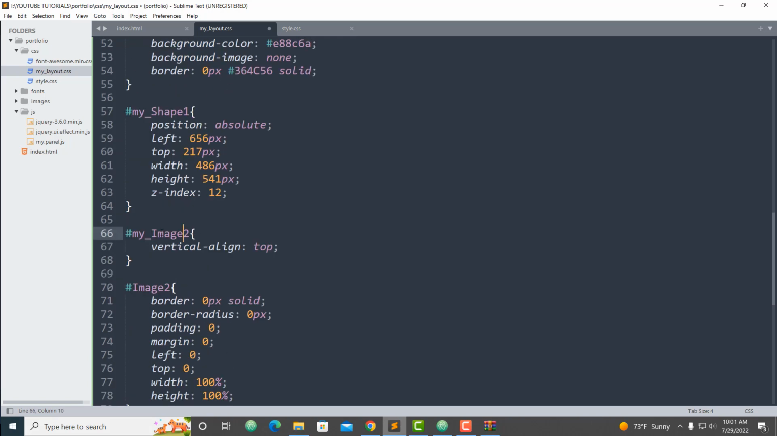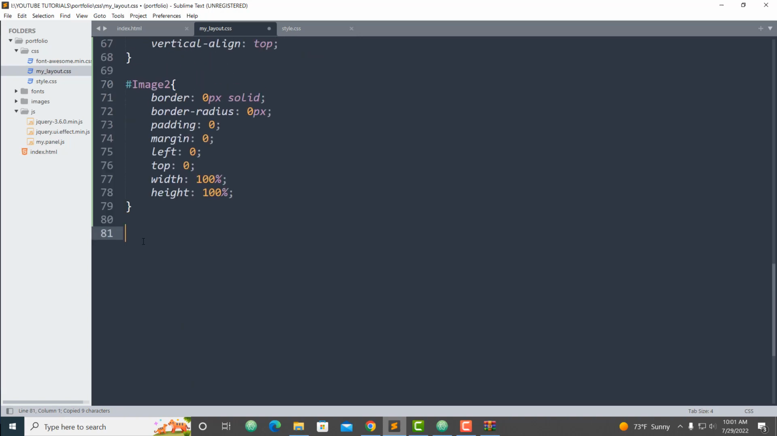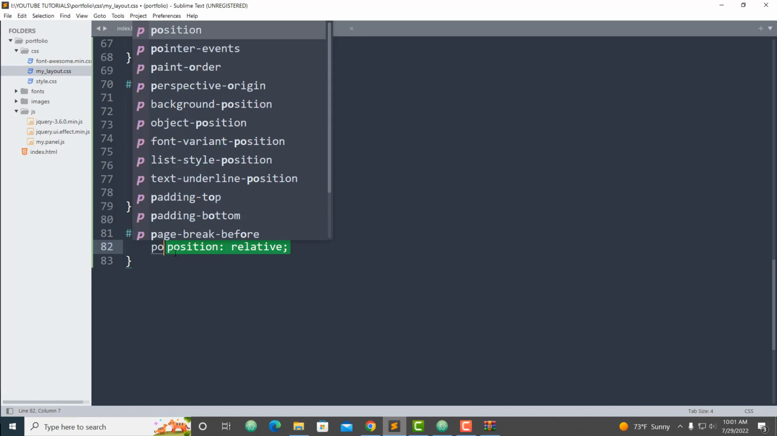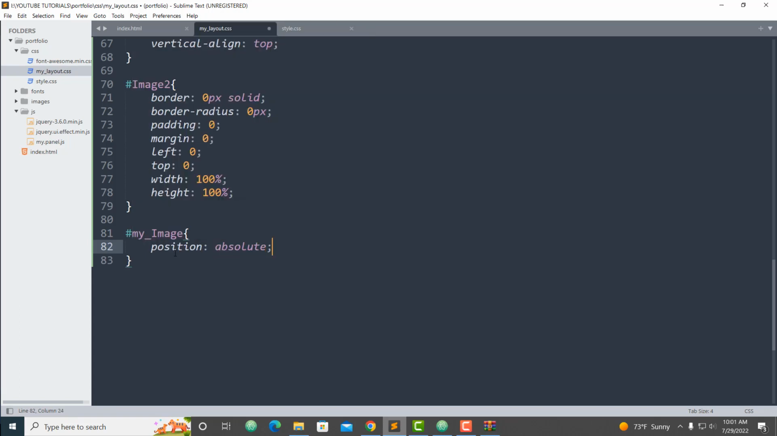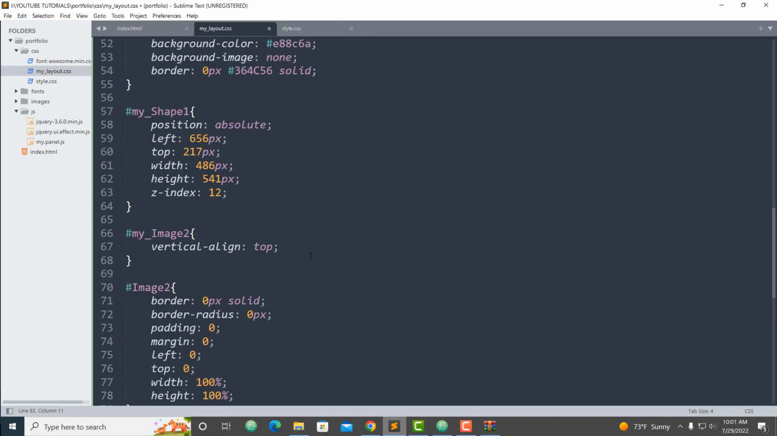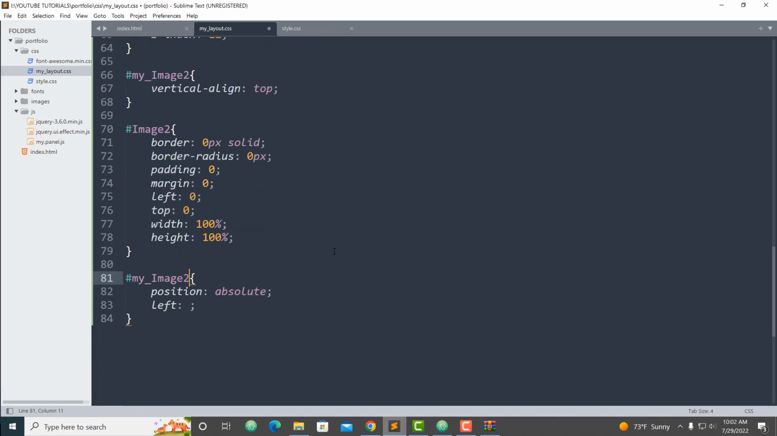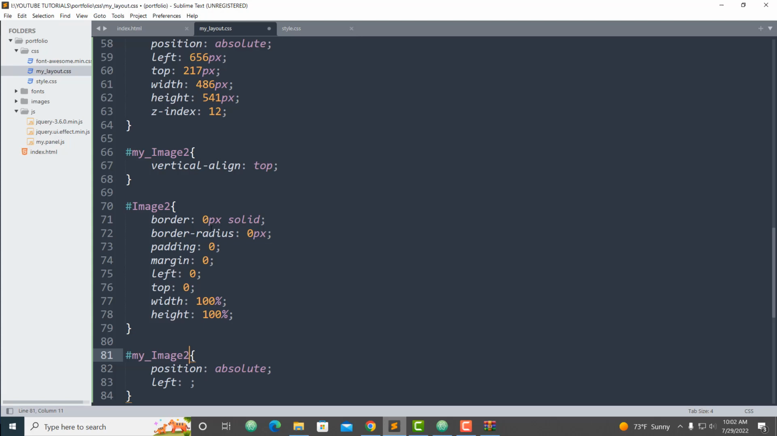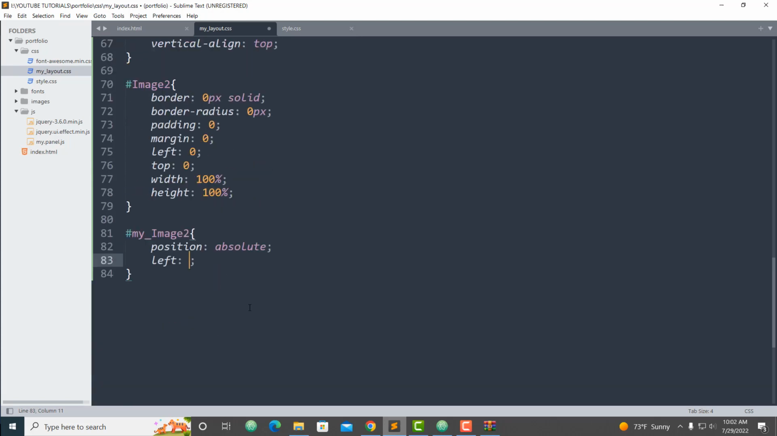We can copy this link right here, copy this one, and we can paste it here. Now the first thing I'm going to say, put a position absolute, and left. Do we have it? My image 2. Yeah, good. Do we have my image 2 yet? My image 2 on vertical. Okay, yes. Left 141 pixel,